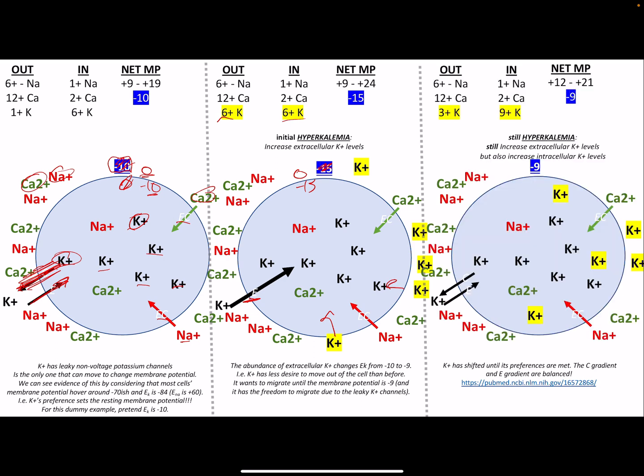And now that a lot of the potassiums have run into the cell, it changes up our math a little bit, so that now the difference is negative 9 and 0. At the end of the day, after everything is equilibrated, hyperkalemia is actually going to depolarize, not hyperpolarize it. Another way of putting this is that